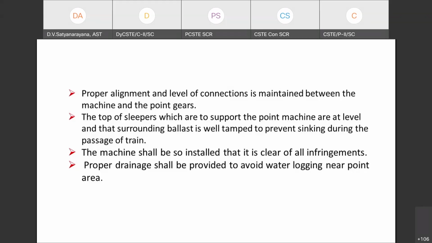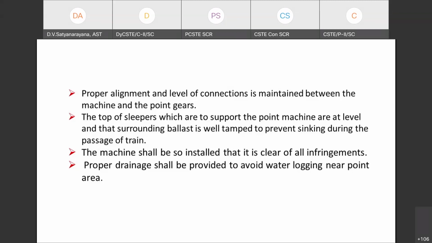By standing on the location, you cannot know whether we are standing at a straight location or a curved location. So we cannot decide whether this is an LH layout or an RH layout. The information must always be taken from the ESP and the engineering officials. If it is a straight track, it is all right. Otherwise, in most cases you have to take the information from the engineering officials and